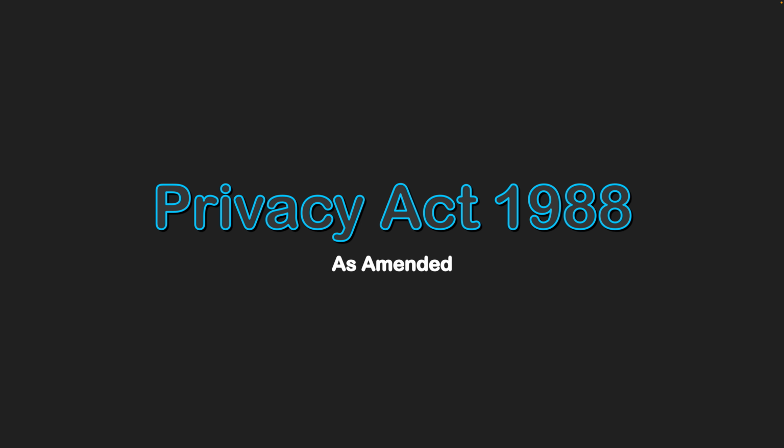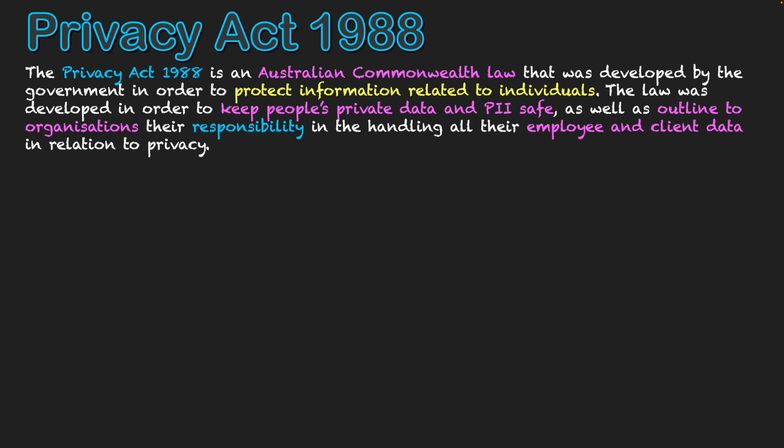The Privacy Act 1988, as amended. The Privacy Act 1988 is an Australian Commonwealth law that was developed by the government in order to protect information related to individuals. The law was developed in order to keep individuals' private data and PII safe, as well as